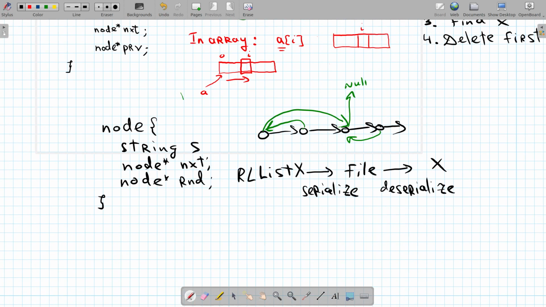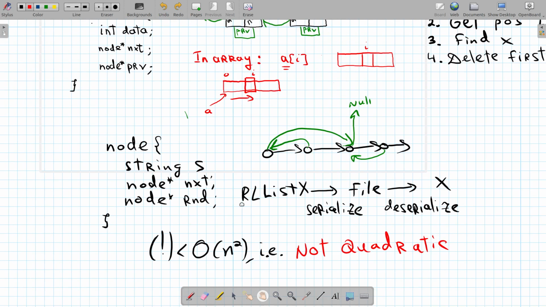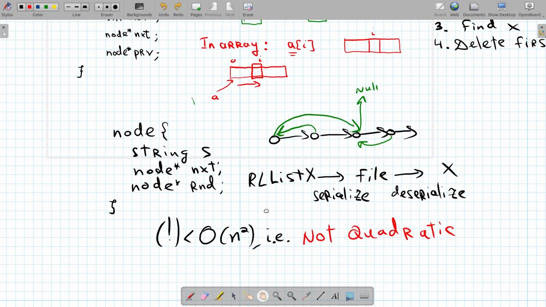And the requirement was that the asymptotics must be less than big O of n square. So it should not be quadratic. And it's actually easy to fall into this trap. The first thing that my friend did was an n square solution, which was correct, but